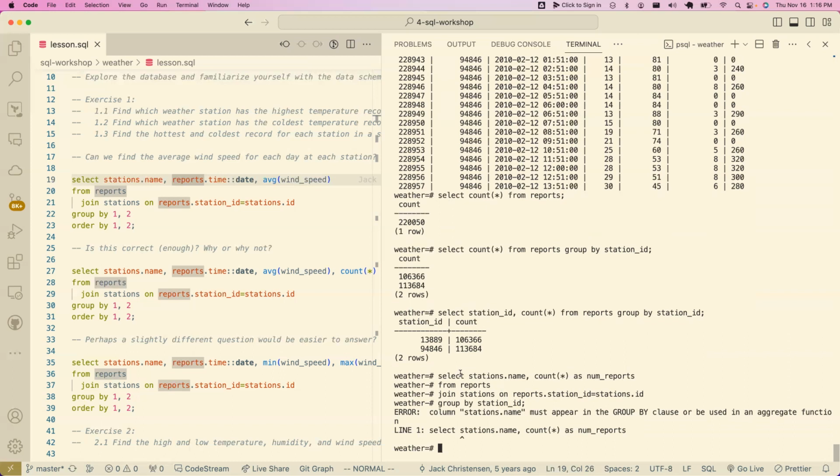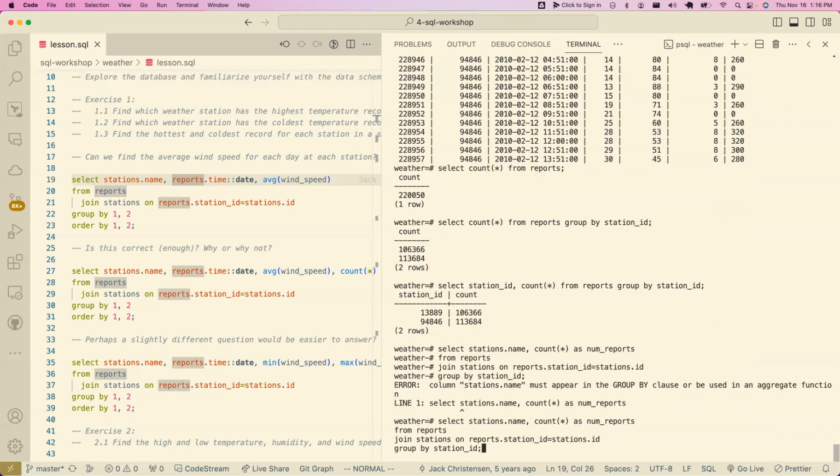We saw this before. Actually, can anyone remind me what a solution to this might be so I can see my station names and still do a group by like this? How can I modify this query? Group by stations.name. Exactly. We group by station name and station ID. And I think I can just say name